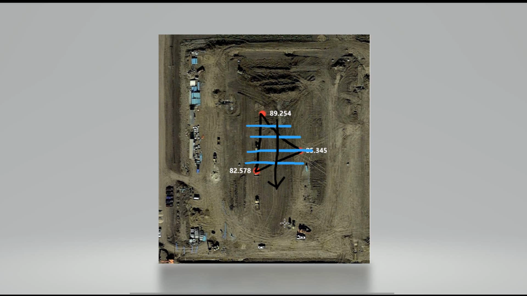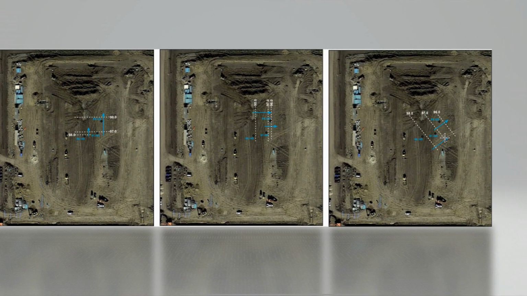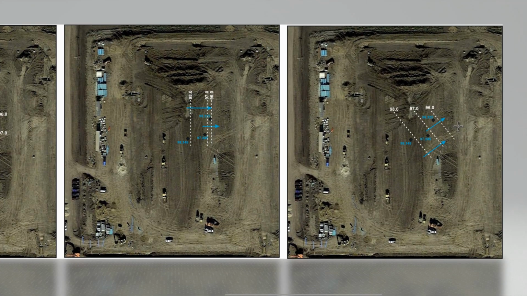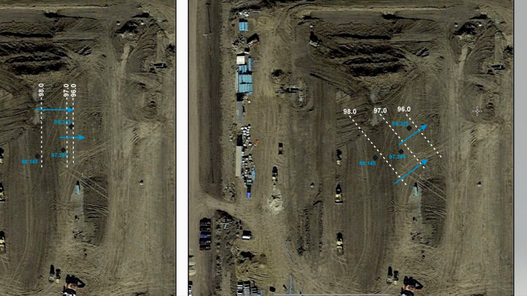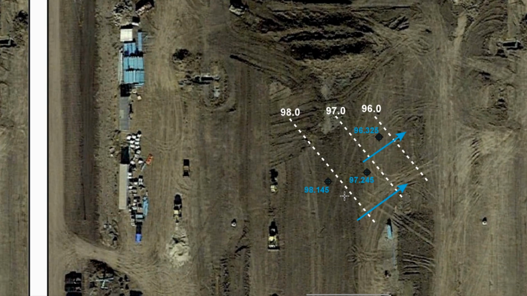The answer is no. It's not enough. You need more points in space to define a proper plane. Okay, now I'm going to show you an example. In this example, I'm going to show you 3 different scenarios that can happen when you have just 3 wells